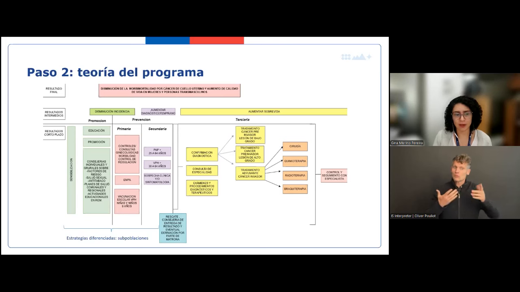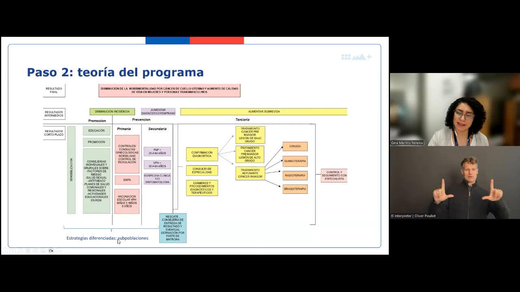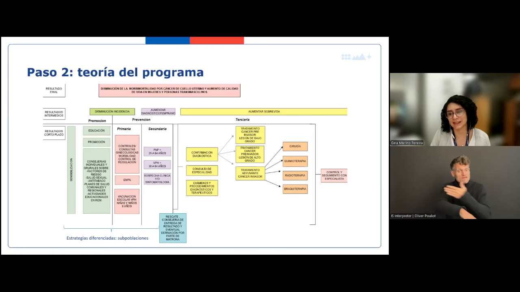When we analyze this and we prepare this diagram, it helps us see that there is a very important space where some subpopulations do not have access to these strategies, or if the strategies are there, I mean, they're not available for everybody. For instance, counseling and things like that. But there is a population that has been identified previously that does not have access, for instance, to counseling, does not have access to the screening tests, so that you can, for instance, identify the pre-invasive lesions